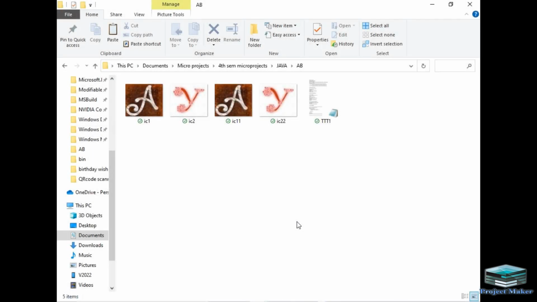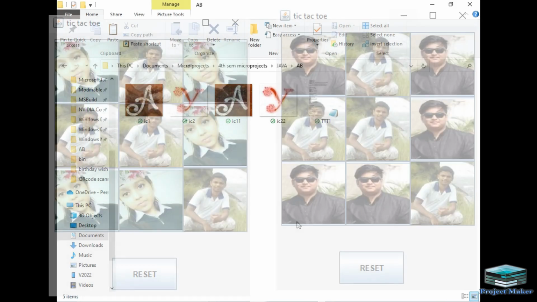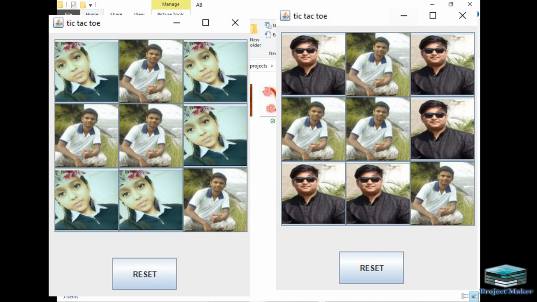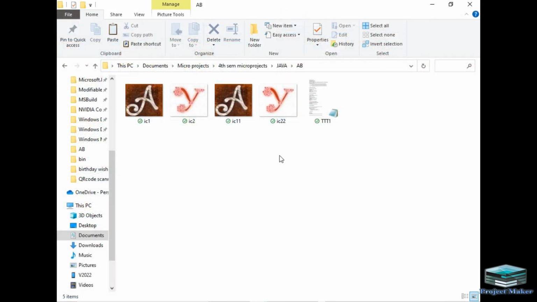I have also enjoyed this game with my friends. I will show you the output of that game. These are two outputs of my images that I played with my friends during college time. To change the images in our program, I just replaced these images with those images, and simply ran the program using command prompt, and that worked for me.